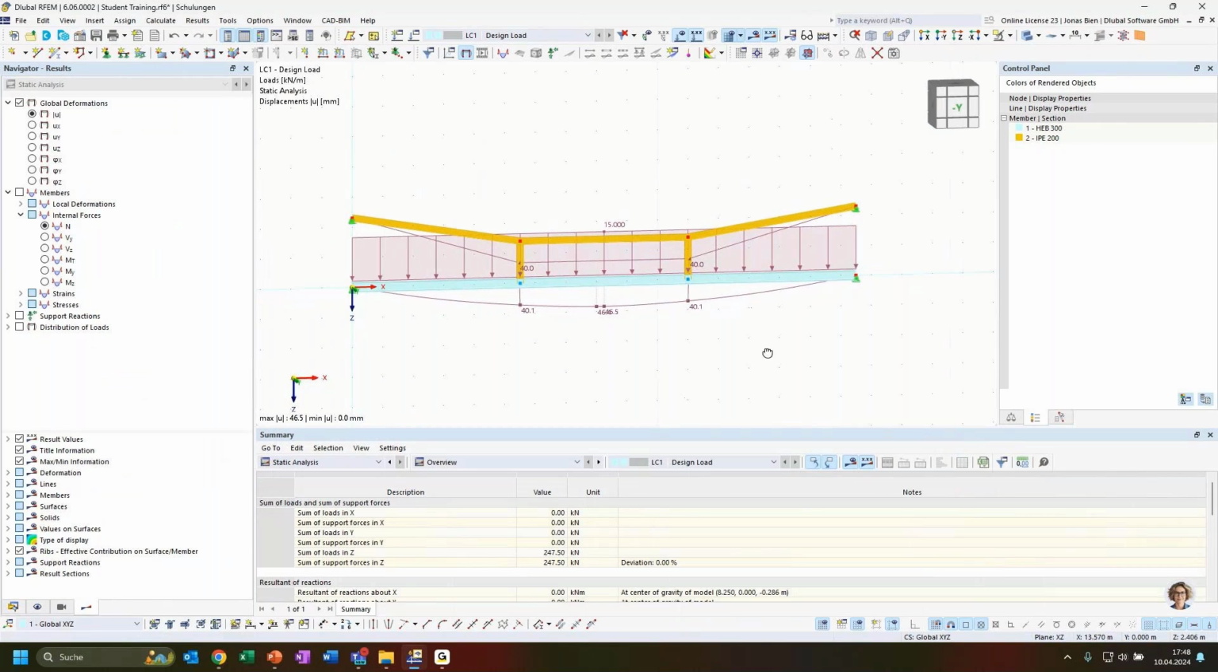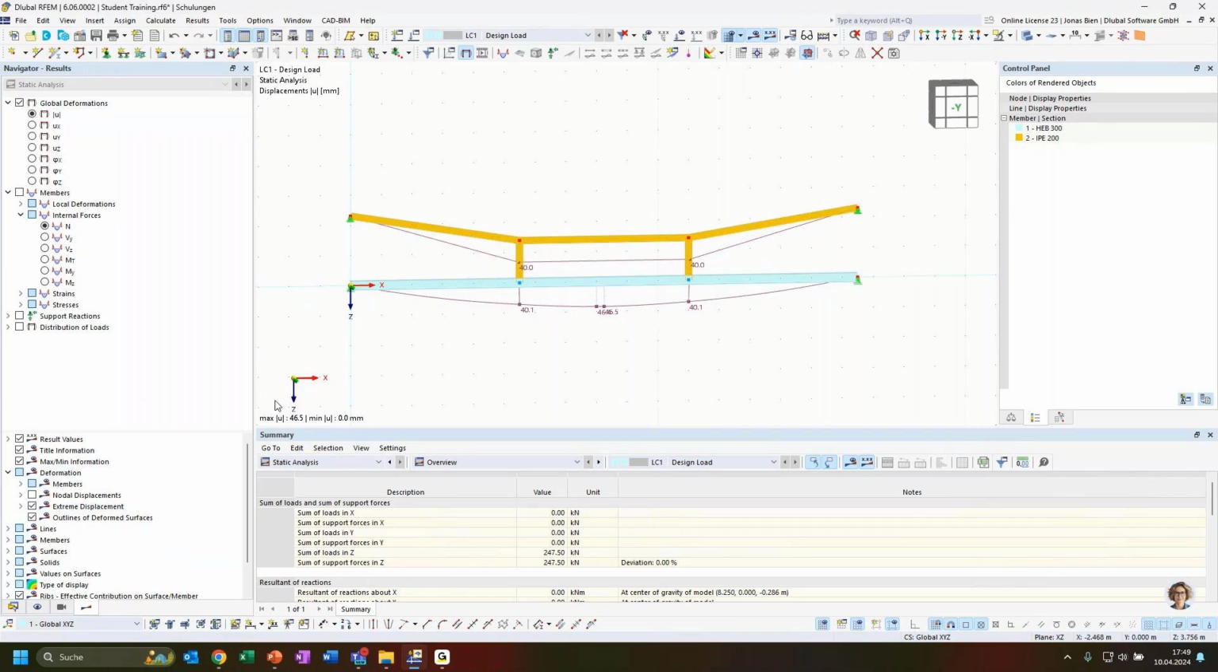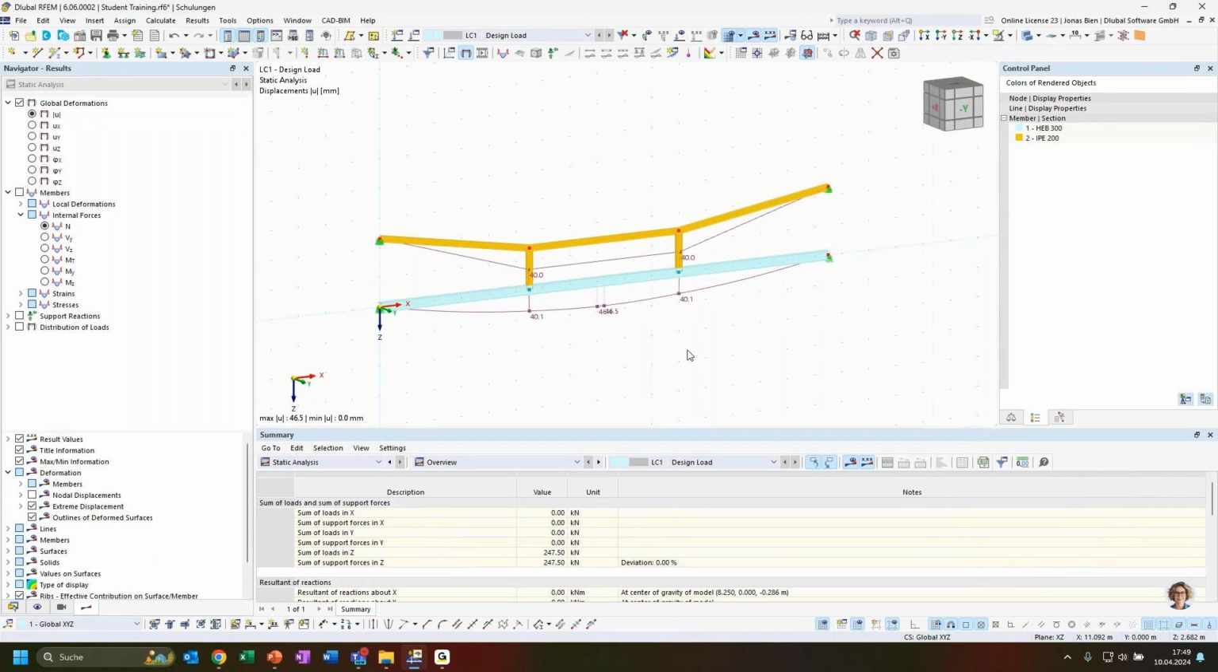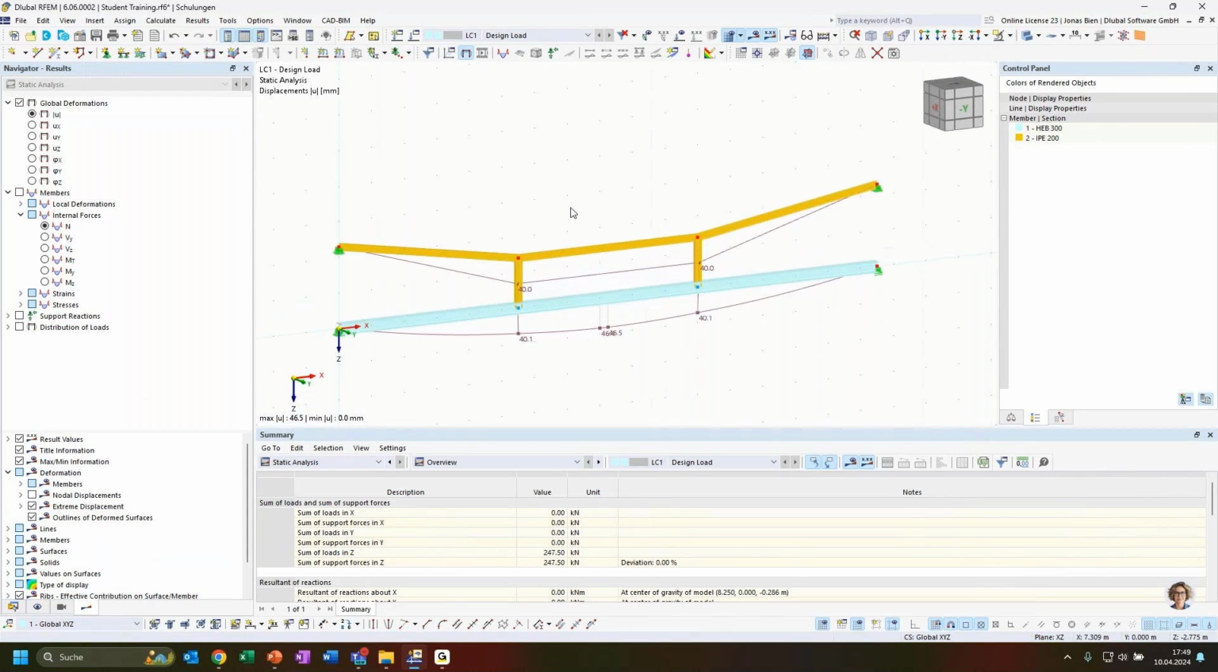And then I can assess the results navigator and first look into my global deformations. I will switch off the loads just to make those deformations more informative and easier to see. And then I could also switch the display of these deformations, for example,